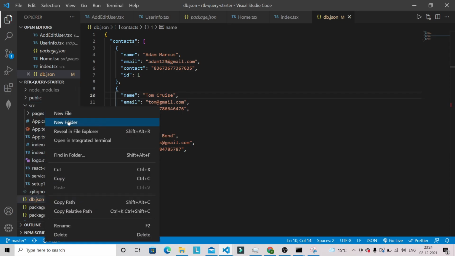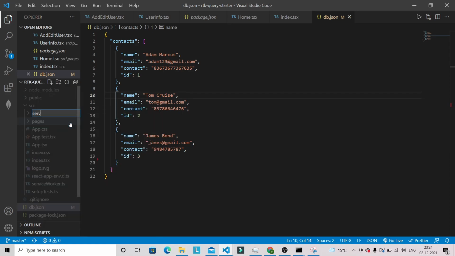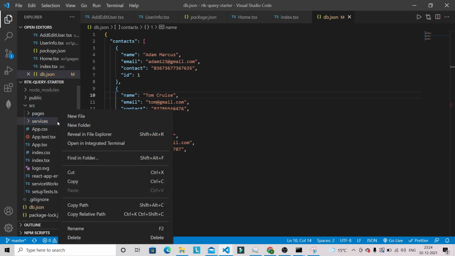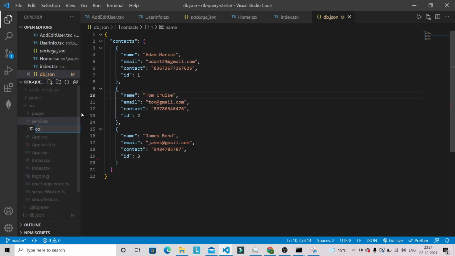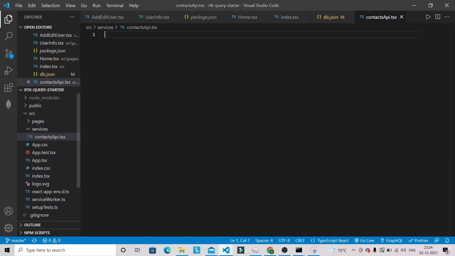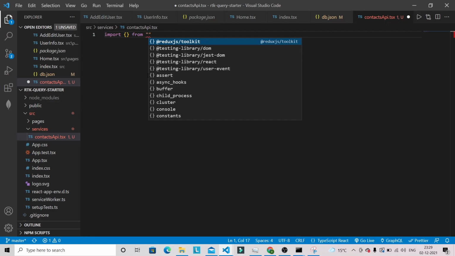So I'm going to create one folder first here, that is services. Okay, and now in services I'm going to have one file, that is contactsApi.tsx. Okay, so we need to bring createApi and fetchBaseQuery from Redux toolkit.